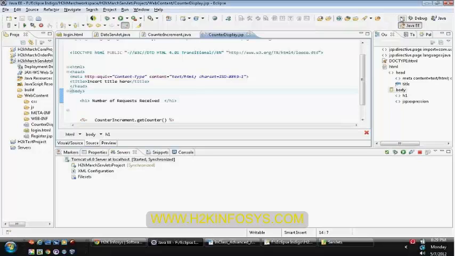Here you can see SC_BAD_REQUEST, FORBIDDEN, FOUND, GATEWAY, and whatever you want to use: HTTP version not supported, method not allowed, no content, OK meaning 200 OK, request timeout. These are all HTTP status codes.